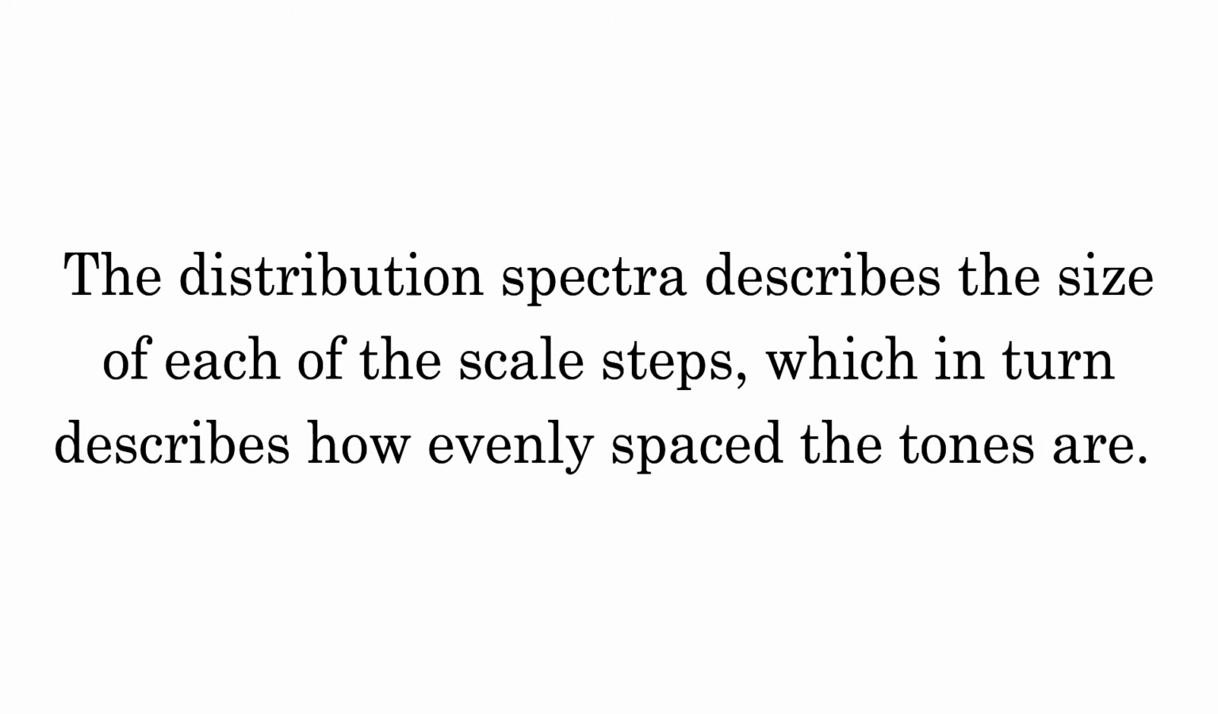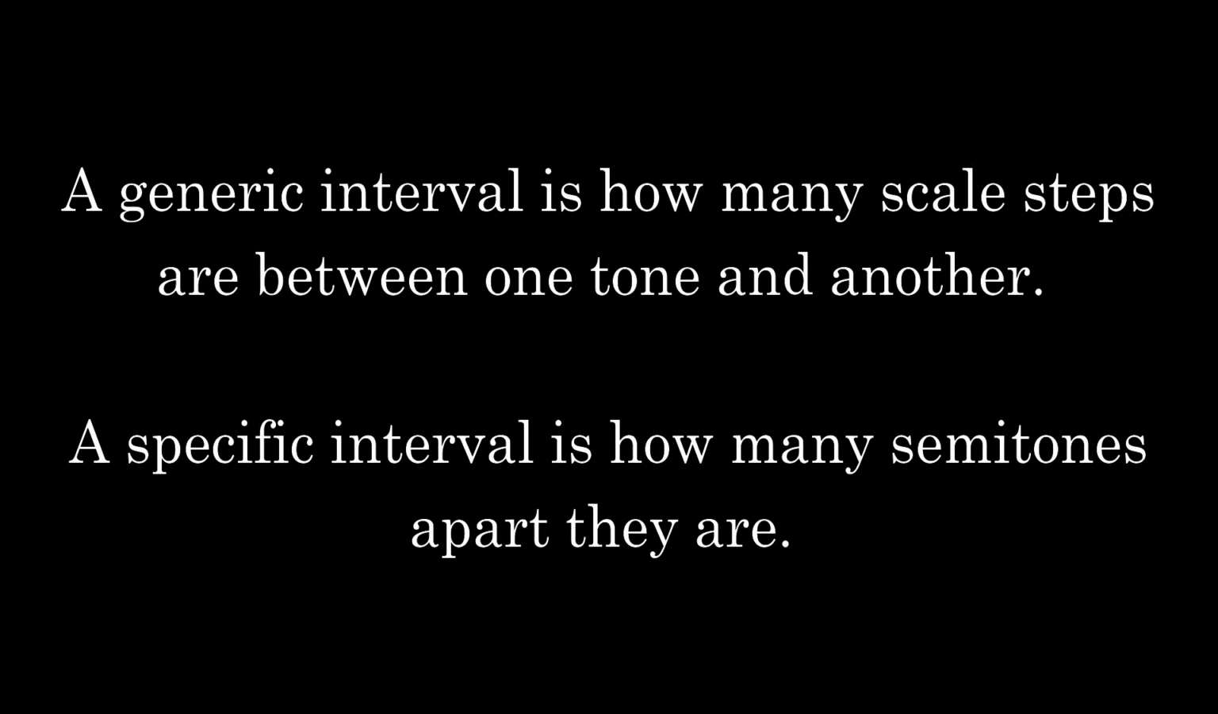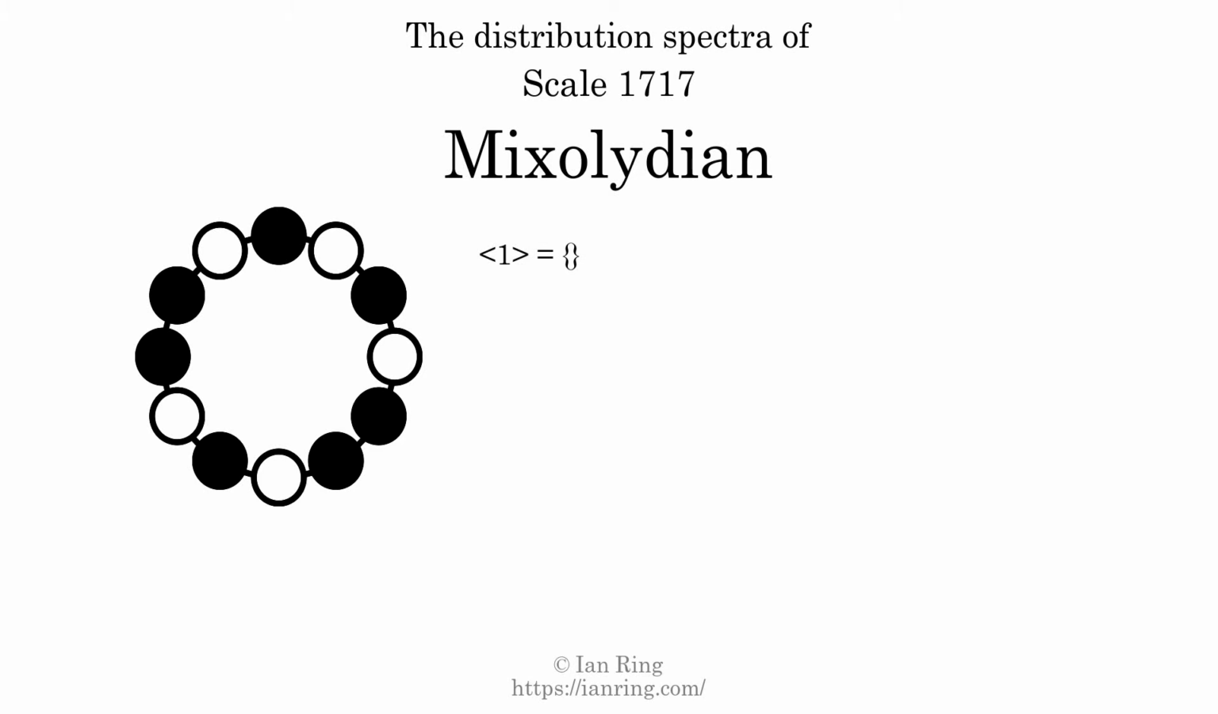The distribution spectra describes the size of each of the scale steps, which in turn describes how evenly spaced the tones are. A generic interval is how many scale steps are between one tone and another. A specific interval is how many semitones apart they are. The generic interval of one scale step comes in 2 different specific interval sizes: 1 semitone and 2 semitones. The spectrum width of this generic interval is the highest, 2, minus the lowest, 1, which equals